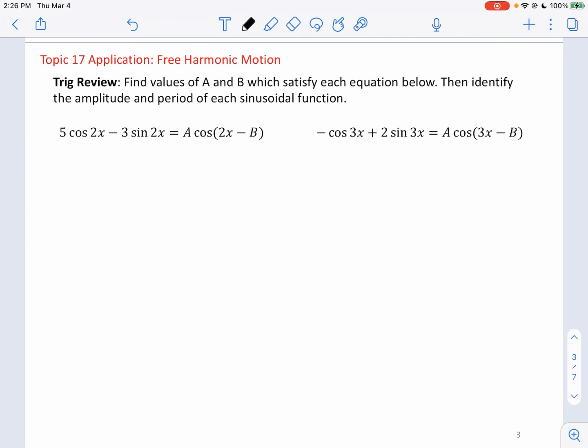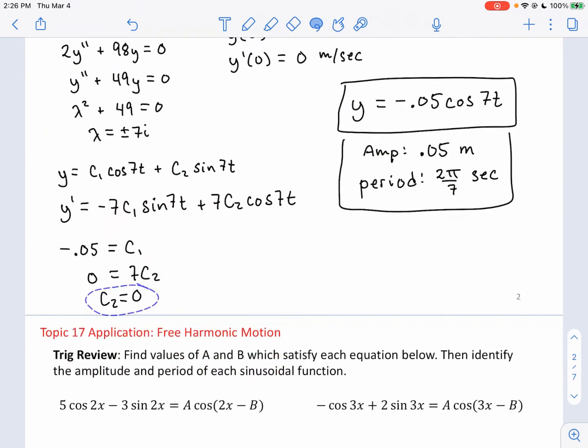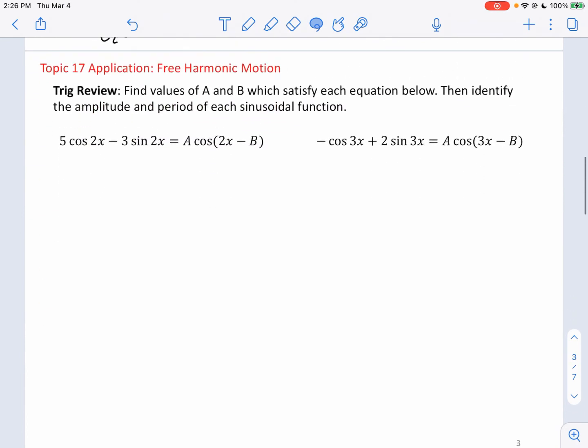Before we go too much further, we need to do a little bit of a trig review because some of our solutions are going to have mixtures of sine and cosine. Right, that wasn't the case up here because C2 turned out to be 0, getting rid of the sine component. But that's not always the case. Sometimes our solution will have cosine and sine both. And so what we want to do is, if that's the case, can we determine the new amplitude and the new period? So the way to do that is to use some trig identities to convert this expression that has